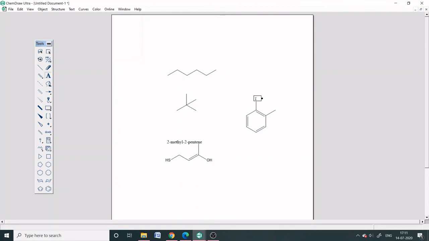Just click and type OH. If you don't select that particular atom properly, if you keep your cursor anywhere and type OH, then that will show an error. So for drawing it properly, you have to select that carbon properly.